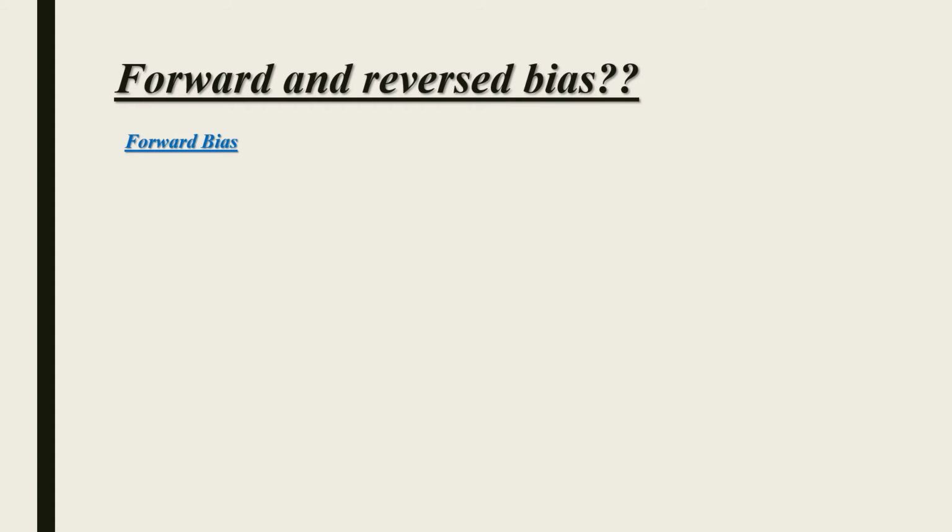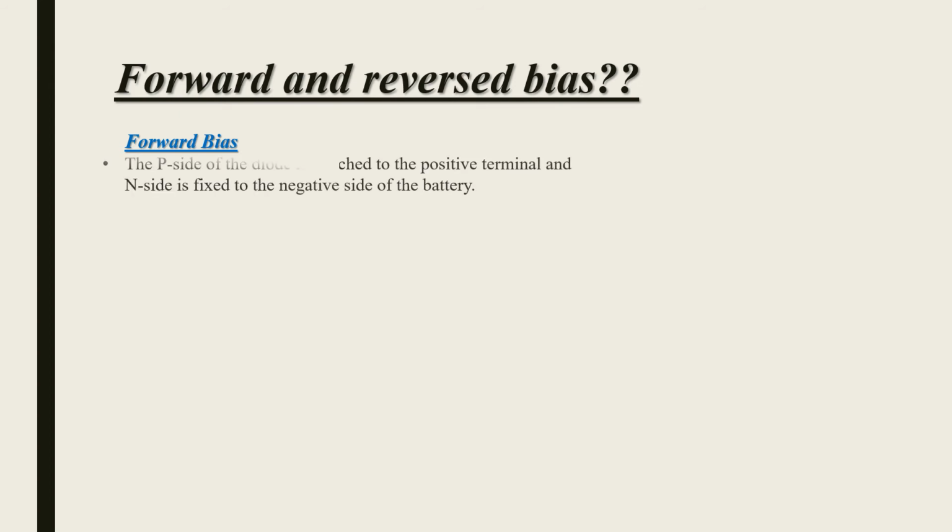Now come forward to forward and reverse bias. This is the most important thing in a diode: forward bias and reverse bias. First of all, I want to say about forward bias. Forward bias is nothing but the P side of the diode is attached to the positive terminal and the N side is fixed to the negative side of the battery. Means